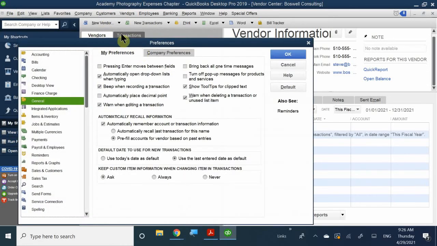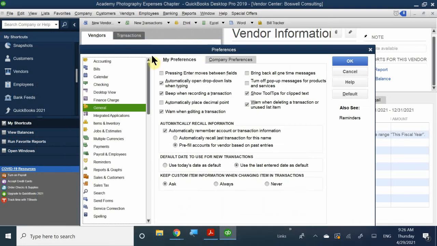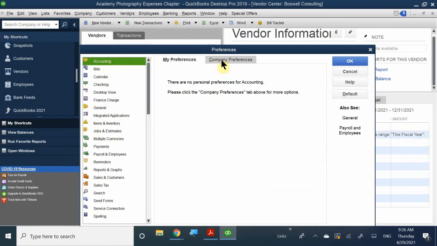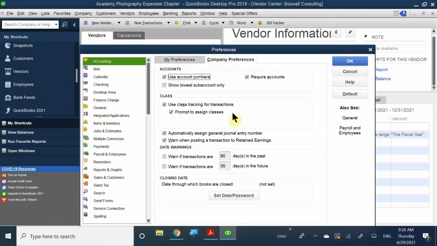And this is going to be an accounting preference. So go to accounting. And of course, this is a company preference because if you allow class tracking to be part of the company file, that means anybody that accesses it can have the ability to see it. So here we go under class. Now it says right here that it's already selected. So if you do utilize the class tracking, which once again, if you have a reason to split your expenses